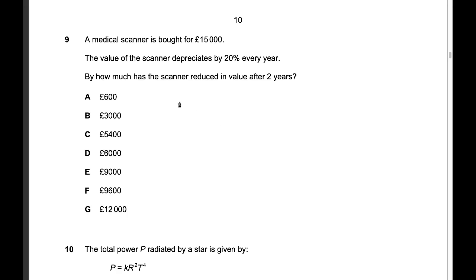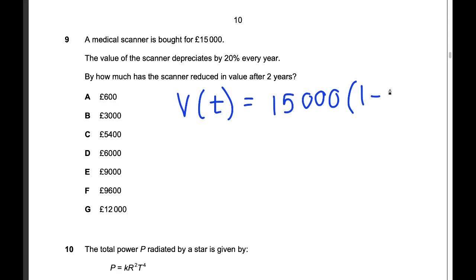Okay, so a lot of people start this question by saying, oh, I can write an equation for the value as time goes on. And it would be something like this, but really this is overcomplicating the problem at this stage. You don't need to do this, but I'll just show you what it would be here. So if this is my time at the top here, you can just plumb in there to find your value after so many years. But it's only 2 years, and 20% is pretty easy to calculate, so I would just